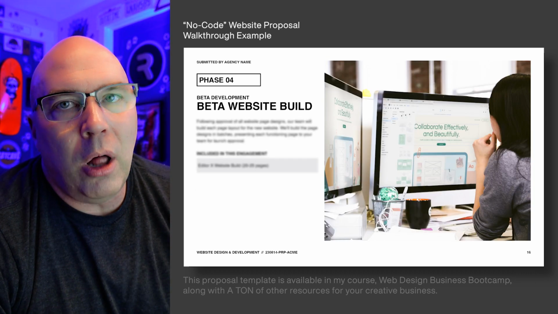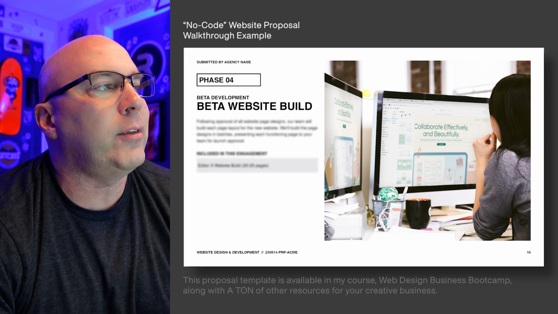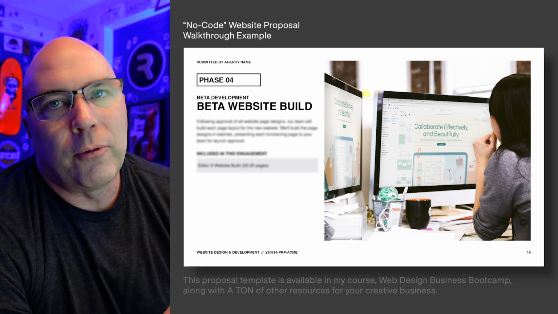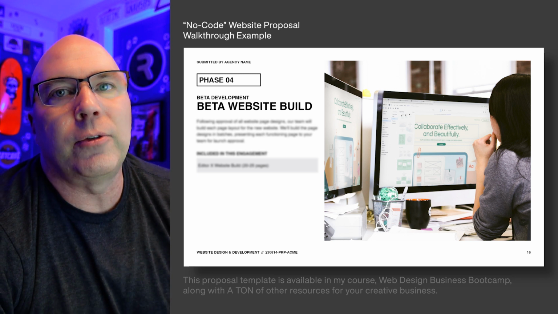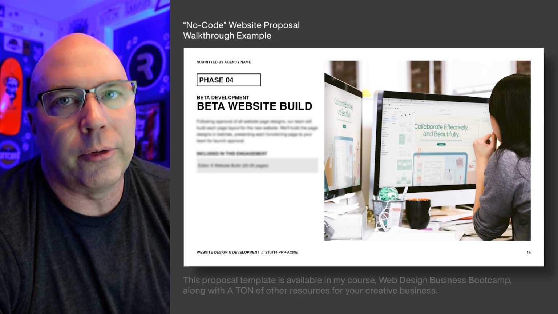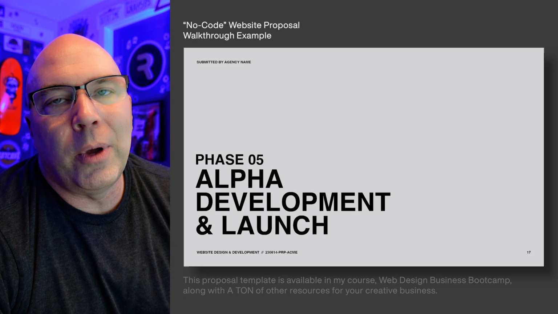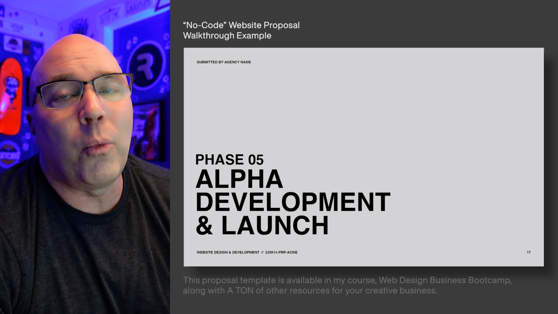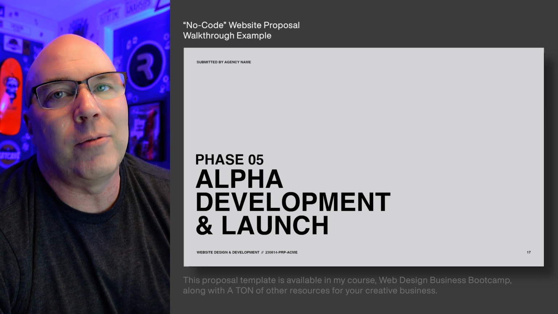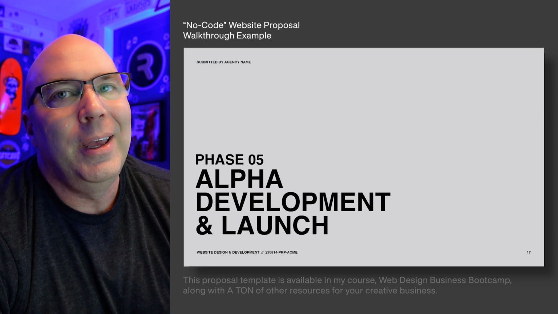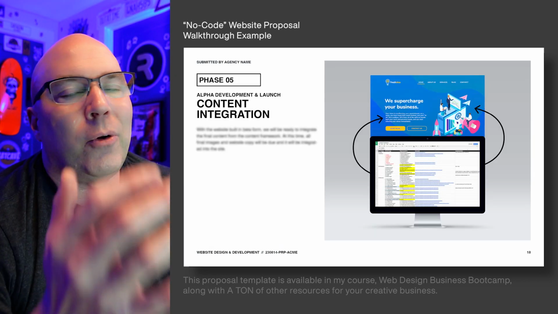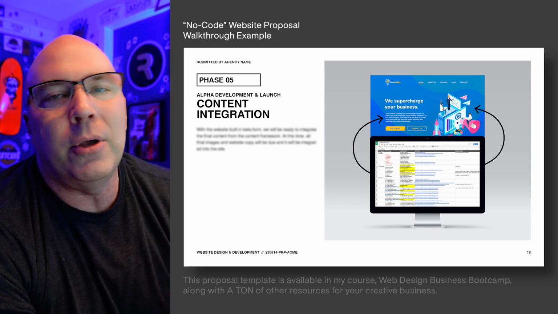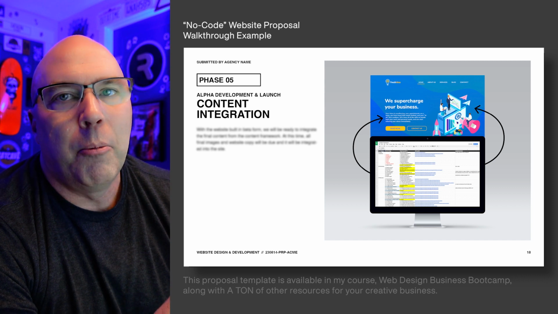Now, we'll build all of the pages inside of Editor X as a beta website build. We'll get the pieces in place for all of those 20 to 25 pages that are approved in the visual design process. Then we go into alpha development and launch. And this is where we fine-tune and adjust every little morsel of detail in the site. We integrate all the final content. If we've been waiting on an image or some copy or something, we make sure all of the proper content